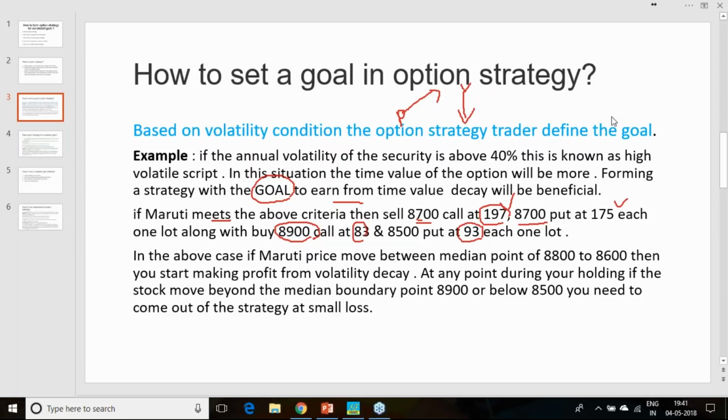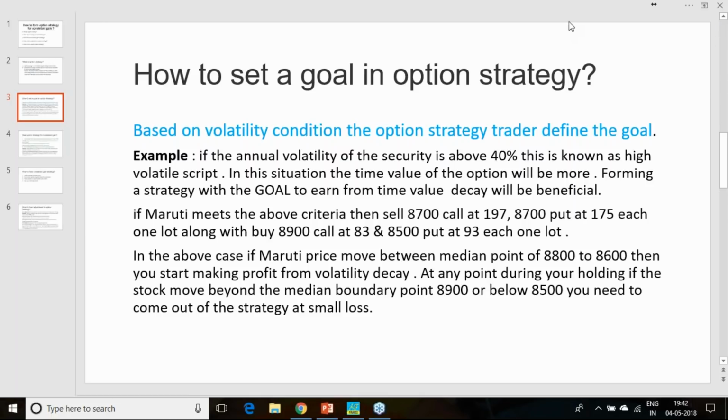First you identified what the volatility condition is. You set a goal, and to meet your goal you have taken some objective steps, or formed an option strategy. Once you form this option strategy, you must know in which kind of scenario it will give you profit and when you should come out. It should not be a one-way game where I enter a tunnel and do not know how I will come out of it. You must know beforehand why I am going to enter the tunnel, what forced me to enter the tunnel, and how I will come out of the tunnel.